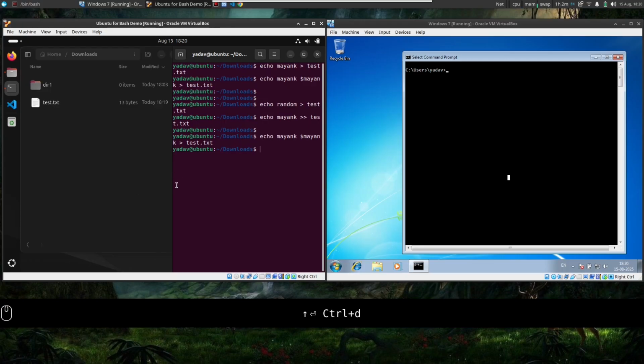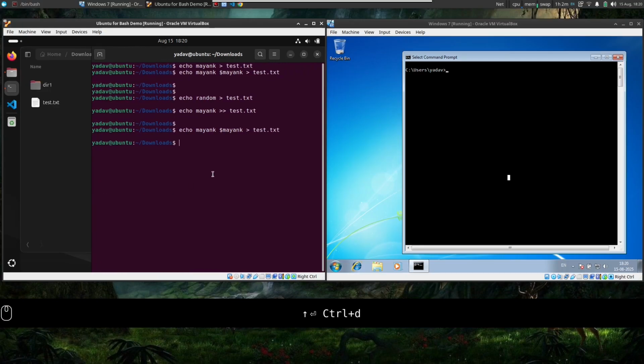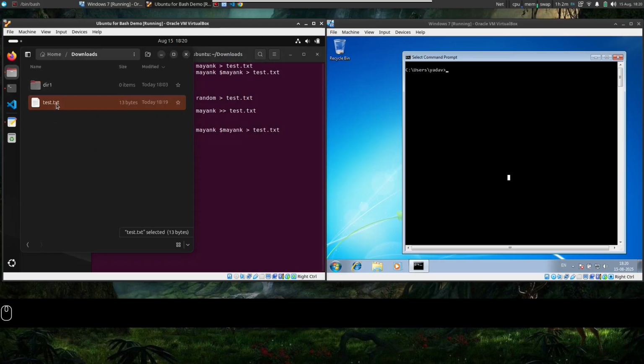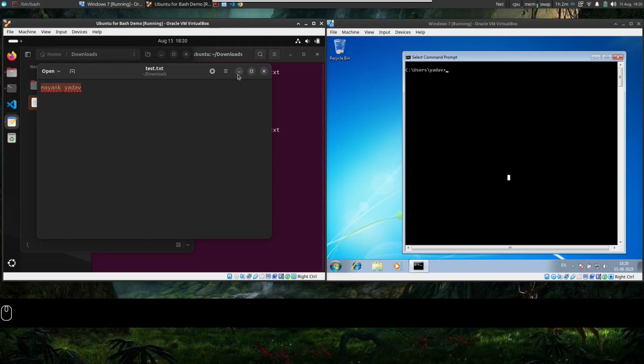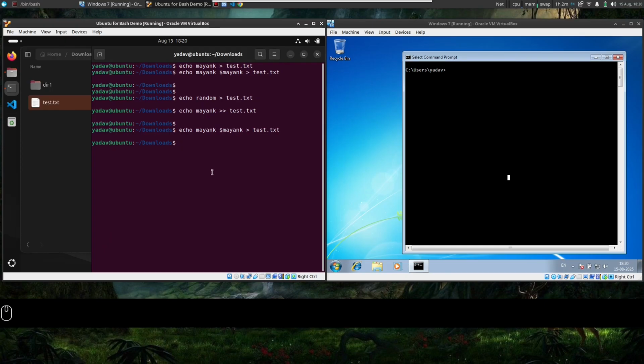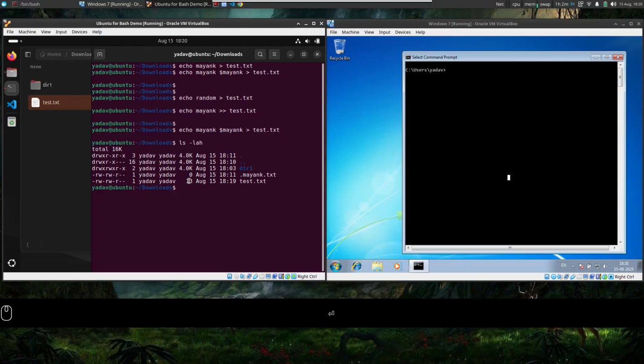You can press Ctrl D to say that it is end of the file and terminal will close. Okay. So now test.txt has the text. What is the size of it? You can always check the size with ls -la, with h. The h tells it to show the output in human readable format. 13 bytes, test.txt.